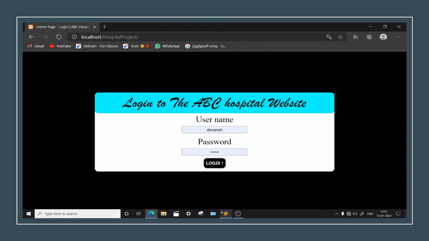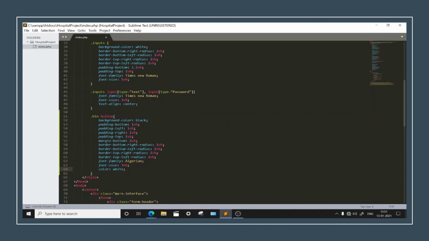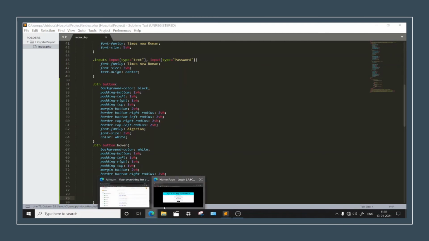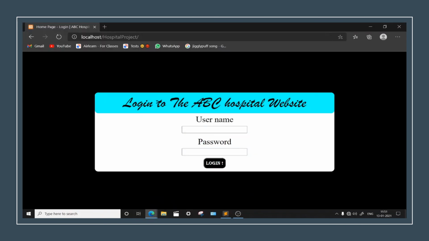Alright. So now what we will be doing is inversing all these things as the person hovers over it. So let's copy. I copied it, pasted it and typed here hover. Okay, so make this white and make this black. Let me show you what we are doing: reload this page.